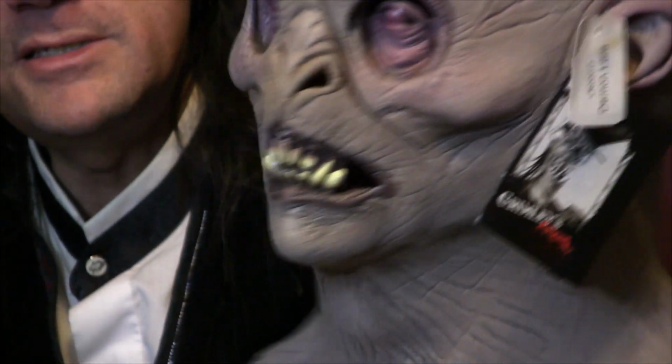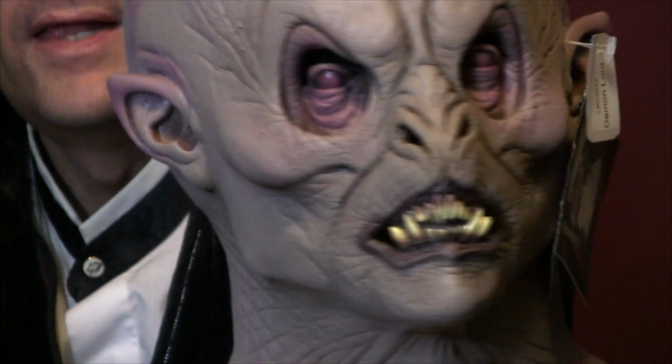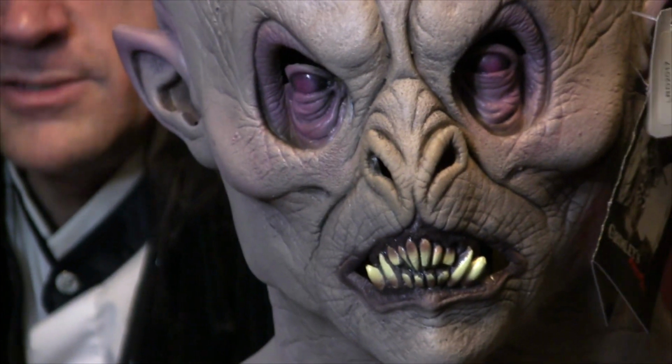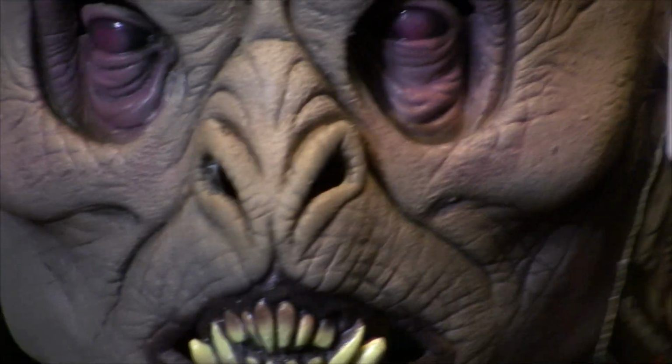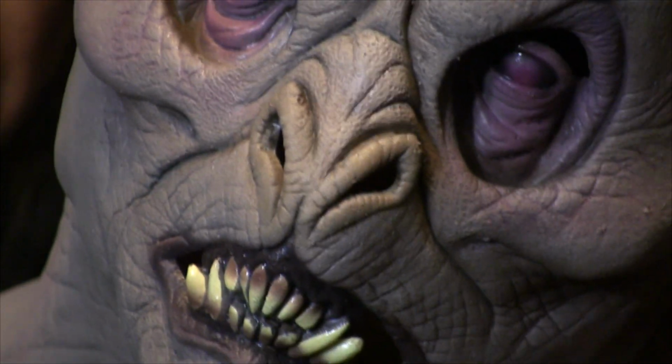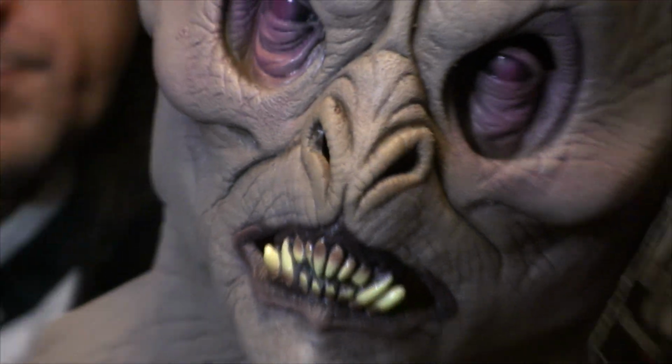Anyway, he does have the slit up the back. Just makes him easier to put on and take off. And I think he's such a cool monster. I think he really deserved a better name than just Demon Lord, because that's kind of generic for this cool of a monster, don't you think? I would have come up with a specific character name for him. To me, he doesn't look like just Demon Lord. You're not going to remember that. He looks like, I would have called him something like,